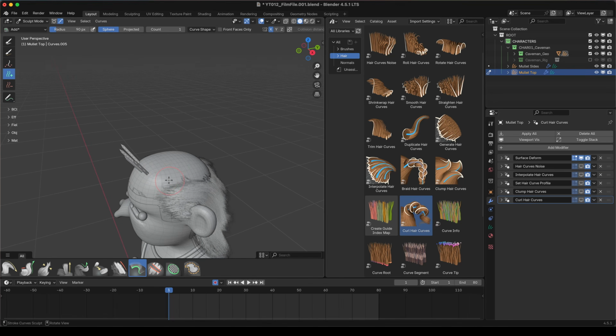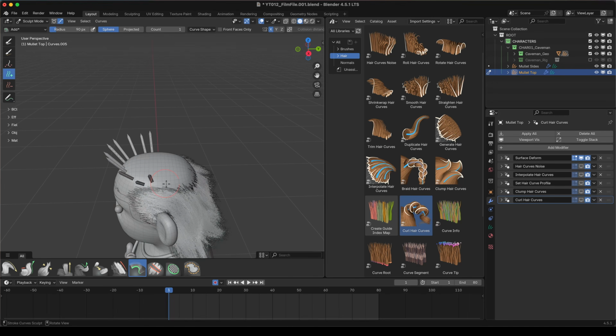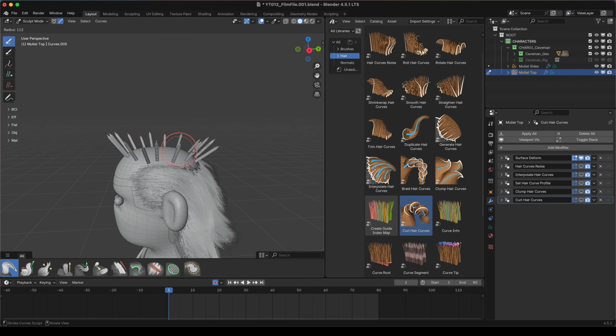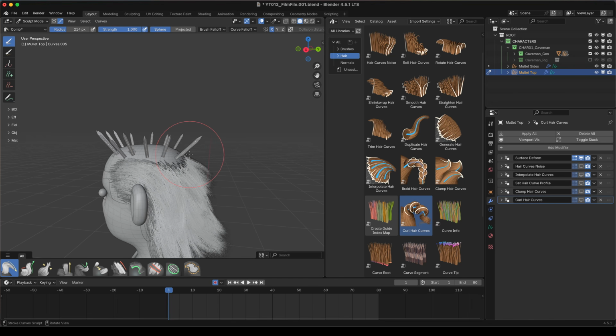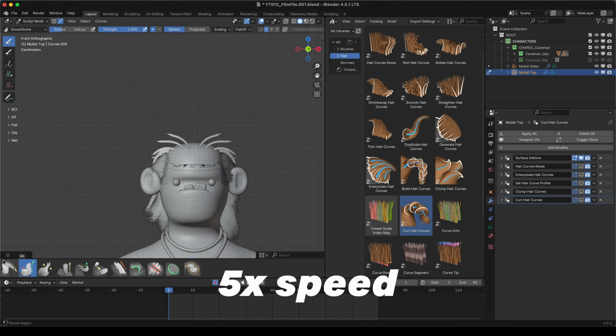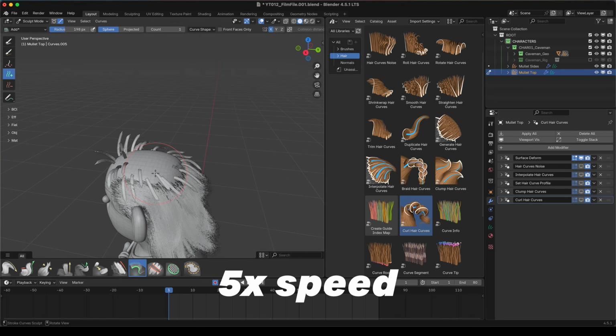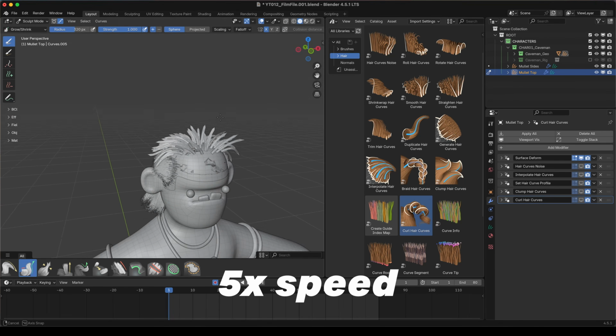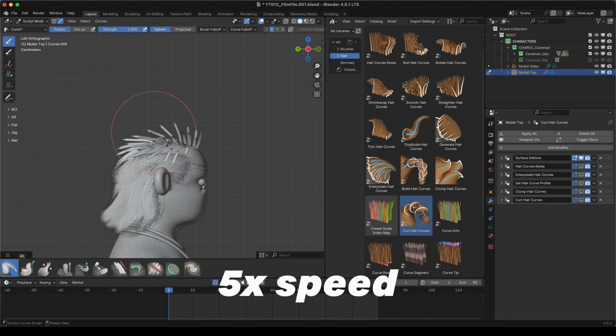So I'm just going to add in everything around the crown, and then we're going to backfill it kind of like how we did previously. So now we'll go to comb, and I'll just kind of put this in like 5x speed so you can kind of see how I do it, and then I'll show you again how to repopulate everything. Okay, so now we have our hair guides here for the top of the mullet,